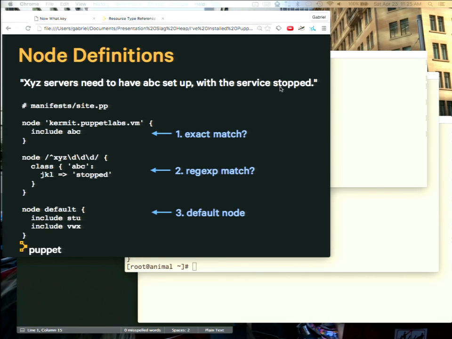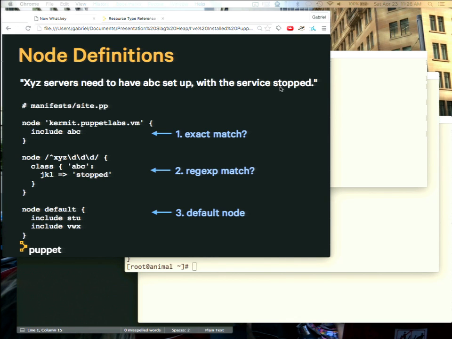I need to tell Puppet when a node checks in, it includes certain things. Not every machine needs Apache set up on it. So as a node checks in, it needs to have what we call a classification. This is traditionally kept in a file called site.pp. It's in your main code path under the manifests directory, just to make things a little confusing, but it's code, so it belongs in one called manifests. And all the way back through Puppet 3 and beyond, you had a file called site.pp, and